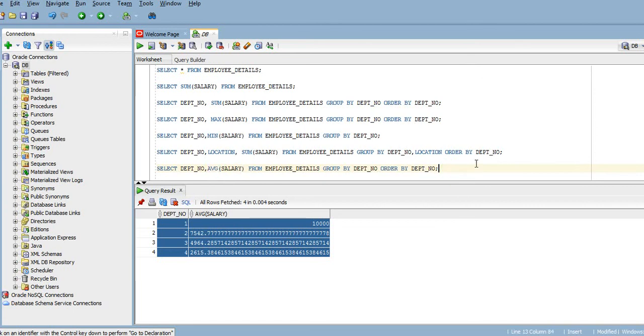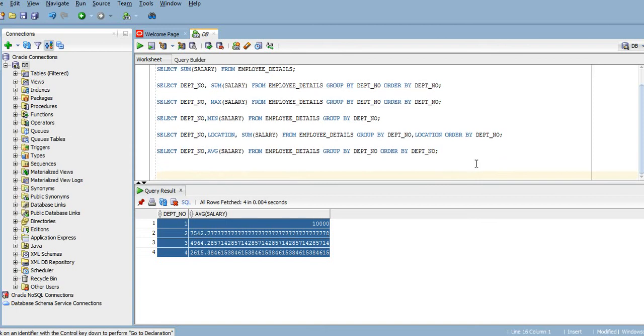Now the last one, or you can say the last aggregate function what we have, is the count function. So what we can do? We can count the number of employees working in that company. So let me show you how to do that.